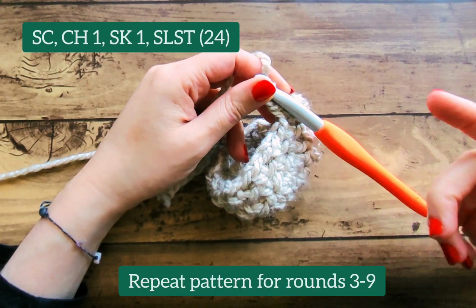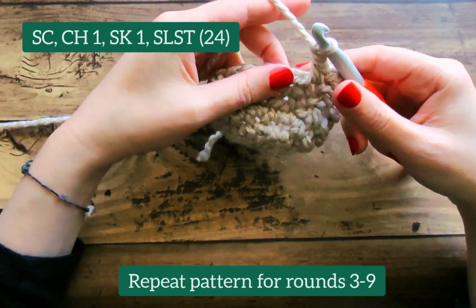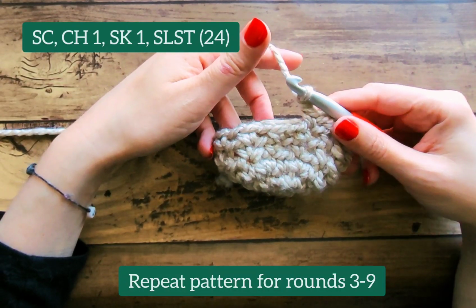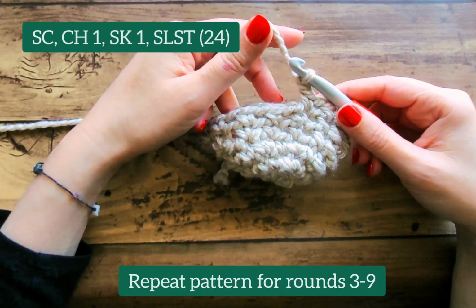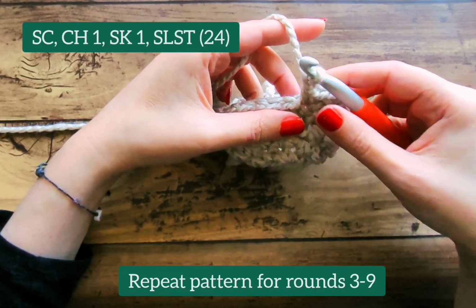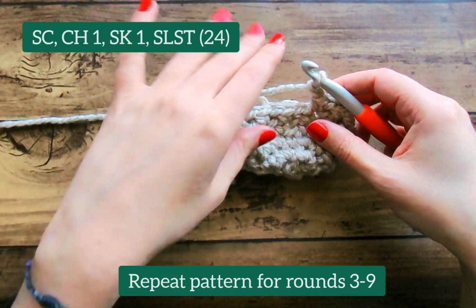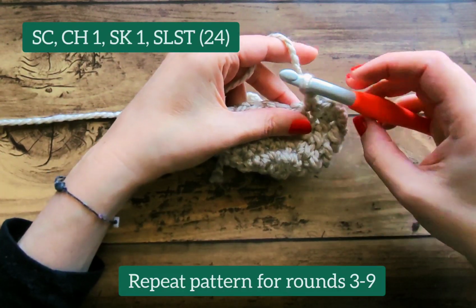9, and that will take us down to the thumb part where we need to do something a little bit different. So repeat single crochet, chain 1, skip 1 all the way around for rows 3 through 9, and when you get to the end you slip stitch and then chain 1. I will come back after a few rows to show you how it's looking, and then we can move forward